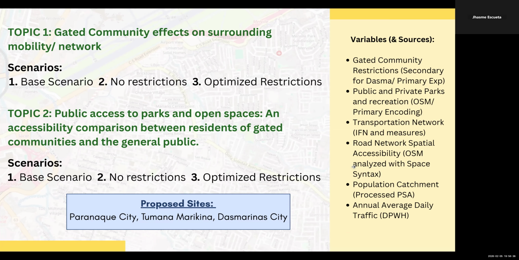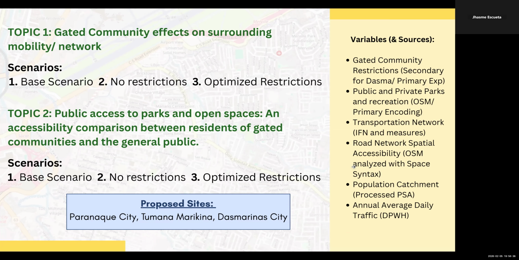Even though they are located in different parts of NCR, the morphology of those subdivisions is almost the same. The subdivisions occupy a lot of space in that city, and the transportation networks around them are very poorly designed, so the subdivisions could have offered some sort of shortcut.